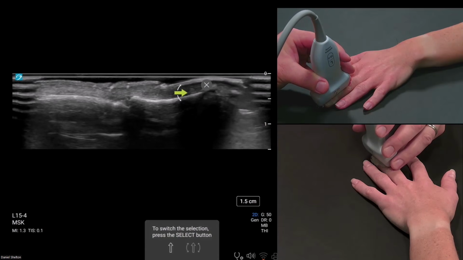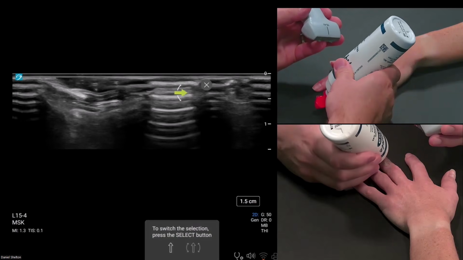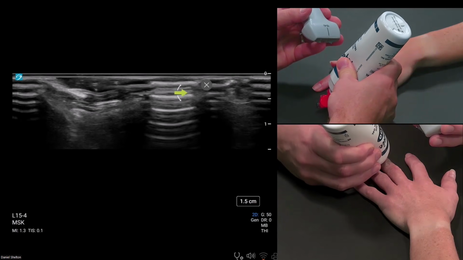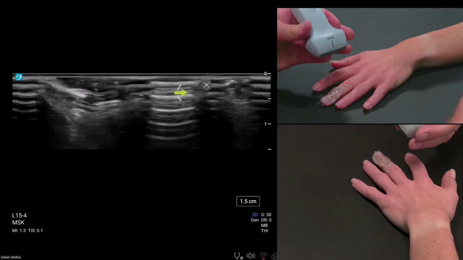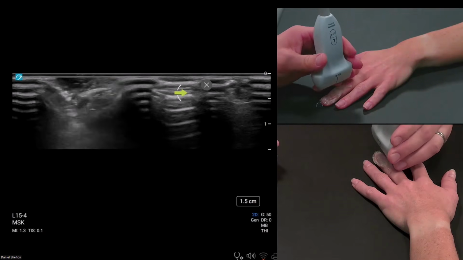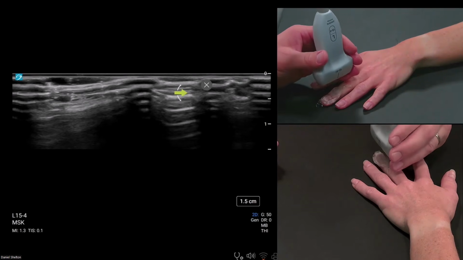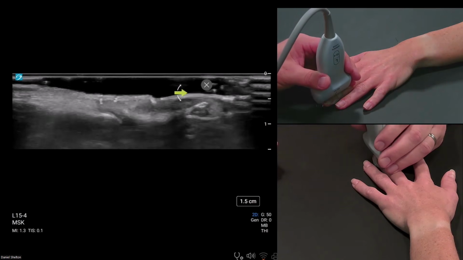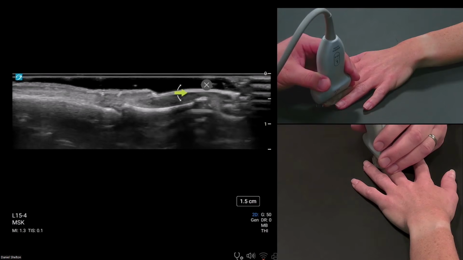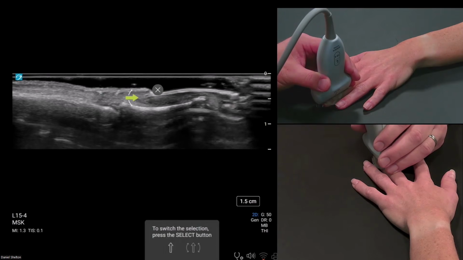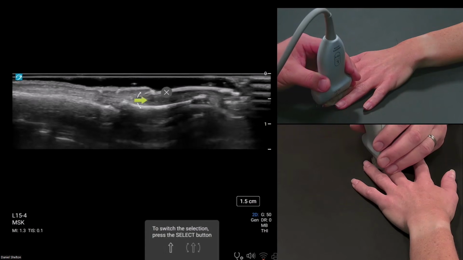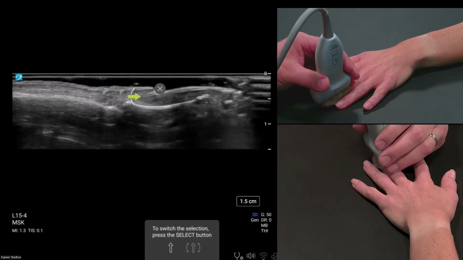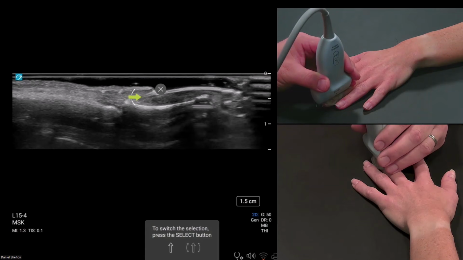And I do find that if you add even a little taller gel standoff, you can control the focus of the beam a little bit more with just the depth that you let the transducer go into the gel. Not to mention, the more gel you have, the more it enhances the sound wave. So you're using a bit of posterior acoustic enhancement to create a scanning window that highlights anatomy. So the gel is enhancing the sound waves, making it look really, really nice. But that's your nail root right there, nice and sharp.